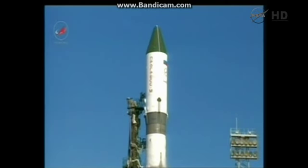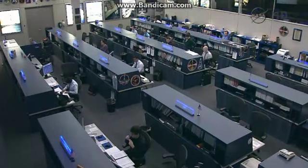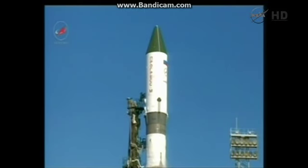The report from the visiting vehicle officer here in Mission Control reports that Progress has been placed on internal power, autonomous power, enshrouded again in the upper stage of the Soyuz booster. Everything in good shape, as we are poised for launch at the Baikonur Cosmodrome on a frosty but cloudless day, which should provide quite a view of the